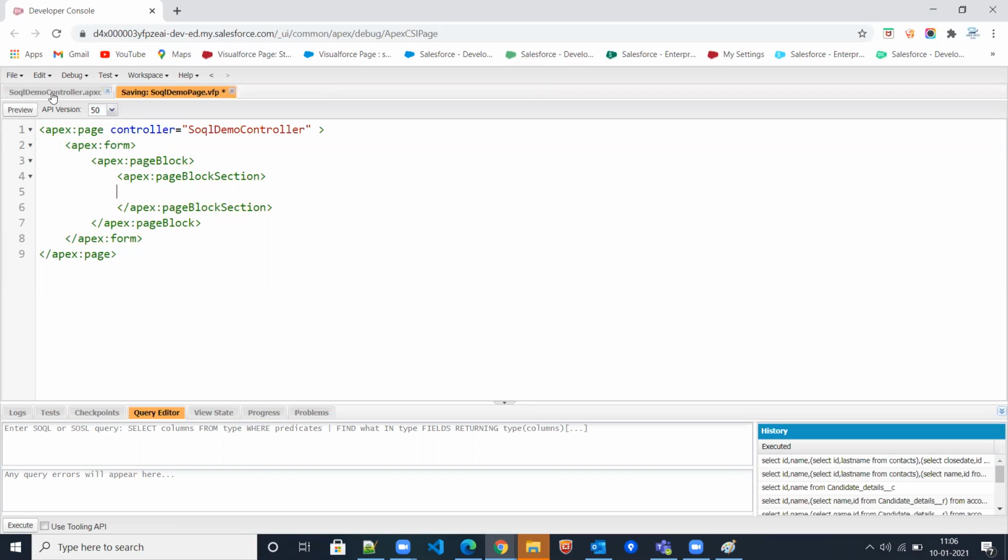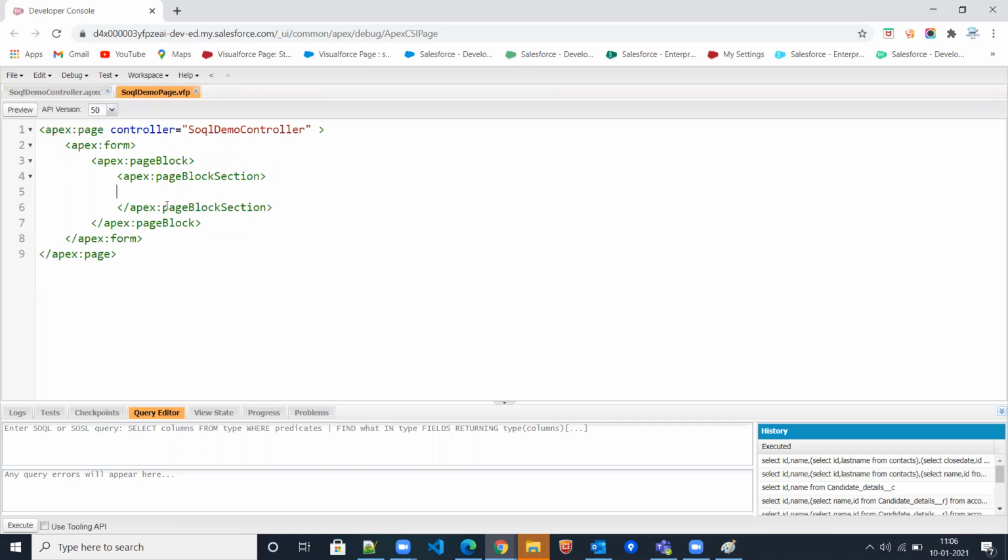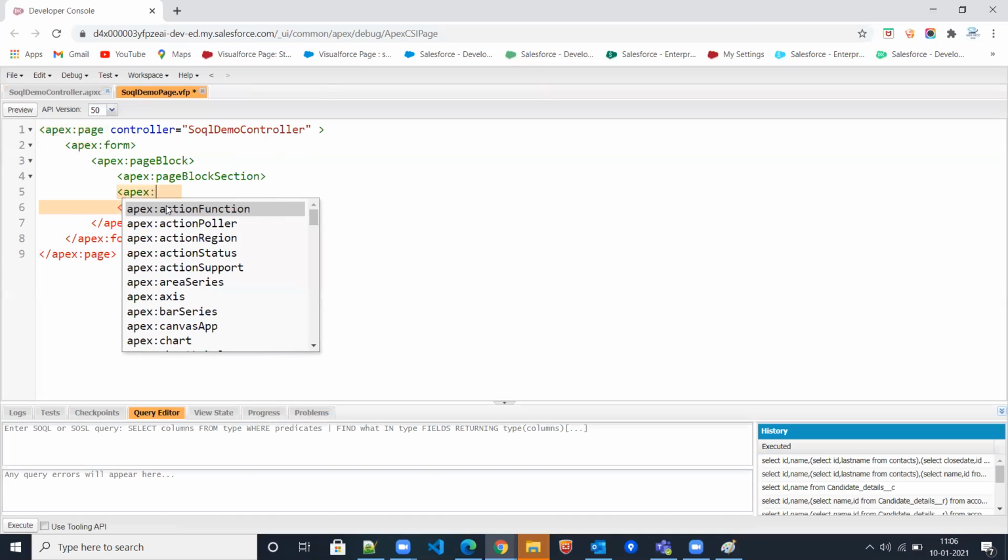We want to display the number of records in our Visualforce page, records related to the Account object only. For that we have to write a page block table. We are going to display it in a table.